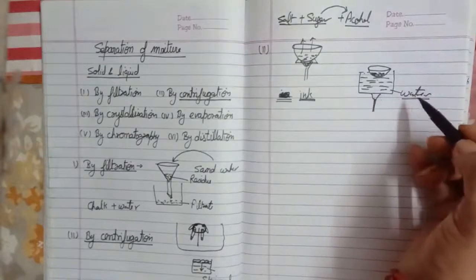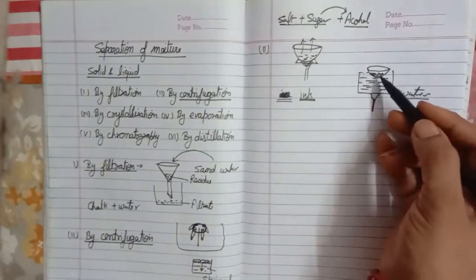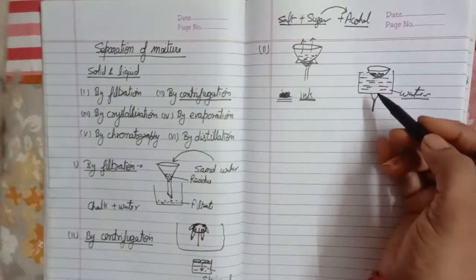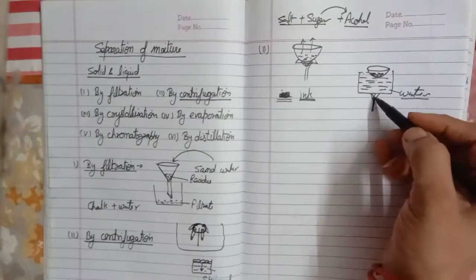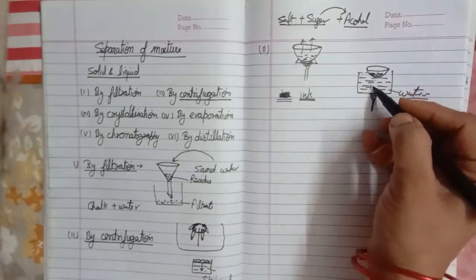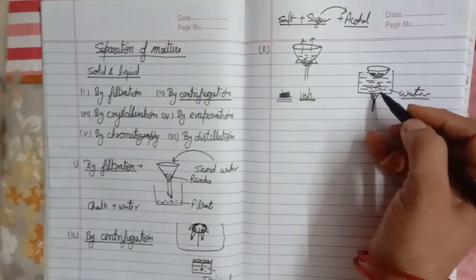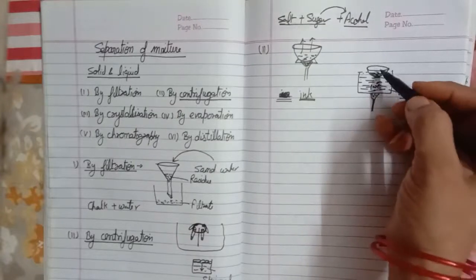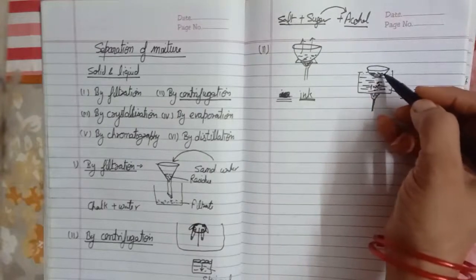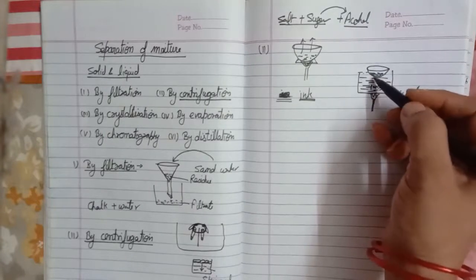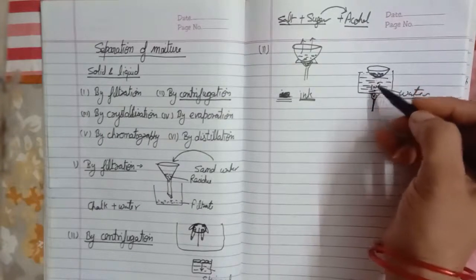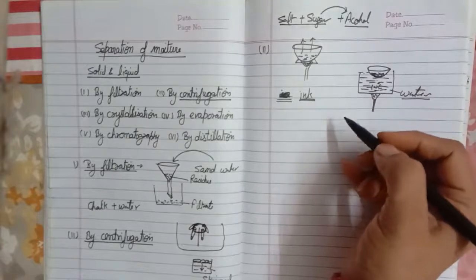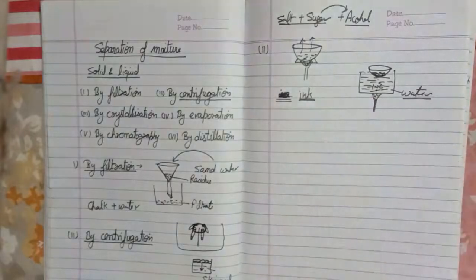So we use the water bath for heating the mixture of ink and water, so that when we heat the water, the temperature will be 100 degrees Celsius at its boiling point, and this heat will evaporate the liquid from the ink. After evaporation we will get the mixture of different dyes, because ink is a mixture of different dyes. So this is one of the methods we use for separating a solid from a liquid.